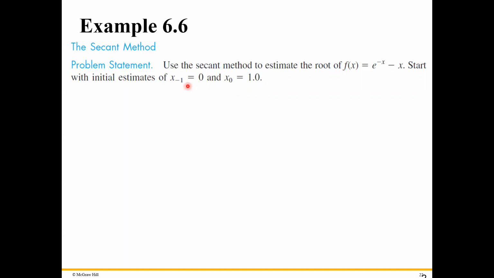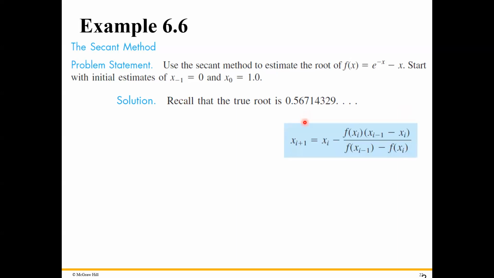And we have already used the true value of 0.56714329 and some more digits. In the secant method, we have the formula for the approximation of the roots: x_{i+1} equals x_i minus f(x_i)(x_{i-1} minus x_i)